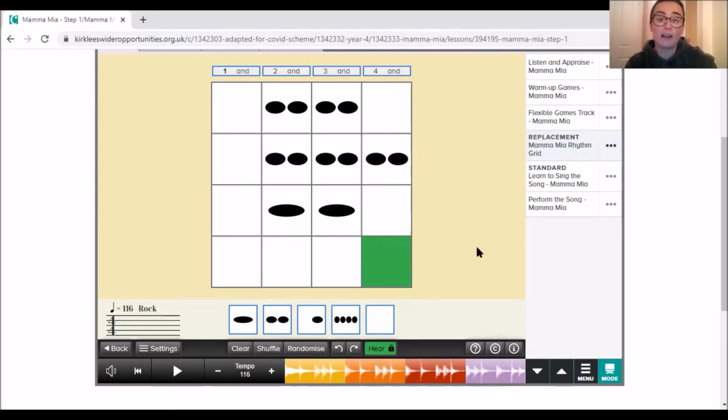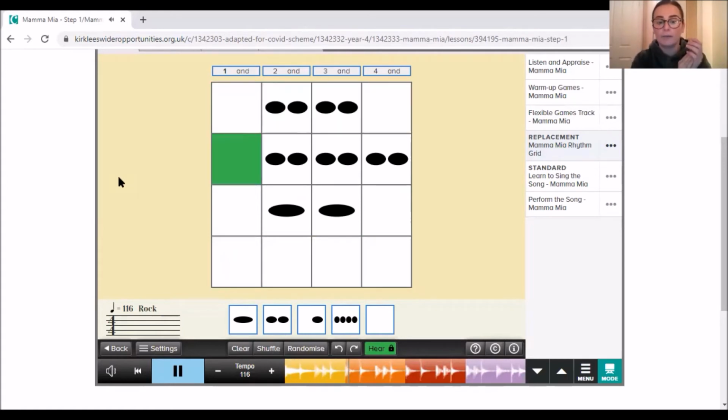You might not want to say those words. You might just be able to do the rhythm and not say anything. But sometimes it might help you just to stay in time and do the correct rhythm. So let's have a go. We might want to listen to it first and then join in. So I'll let it repeat a few times. Are we ready?